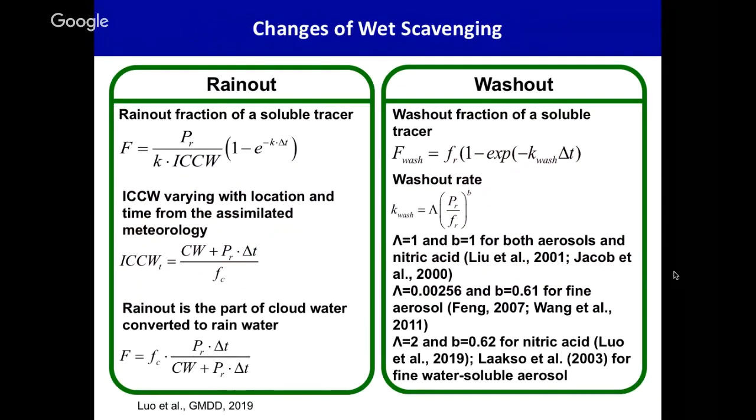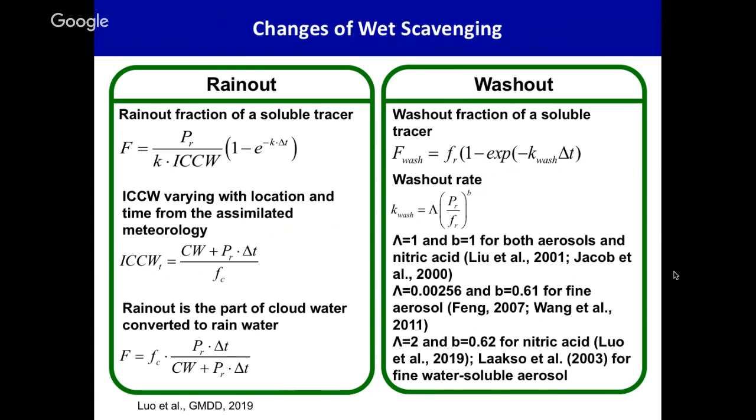Okay, another change is about washout. Traditionally, we use equation 1 and equation 2 to calculate it. In older GEOS-Chem, we use lambda equals 1 and B equals 1 to represent aerosol and nitric acid. I think after GEOS-Chem version 10, other values were introduced for fine-mode aerosol. And in this study, we suggest the values lambda equals 2 and B equals 0.6 to represent